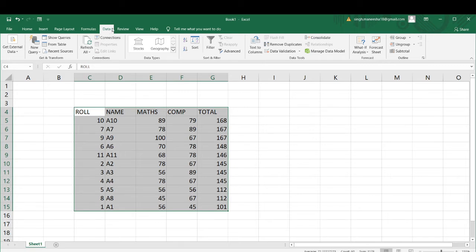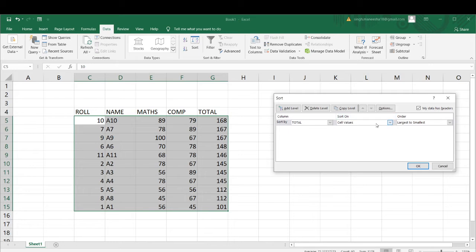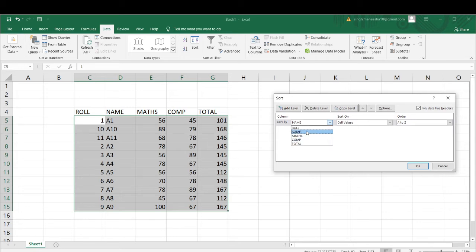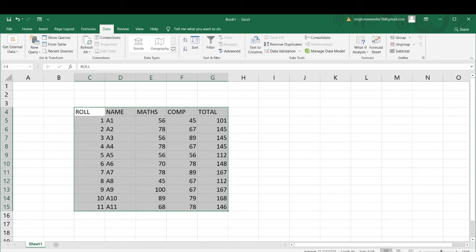For sorting, click on the Data tab, then choose Sort, and through the Name column I will sort A to Z. Now A to Z. A1, because 111 is coming, that's why it is showing like this. Otherwise it will show in ABCD format. If according to roll number, go to roll number, smallest to largest, and now see 1 to 11. So in this way we can do the sorting.